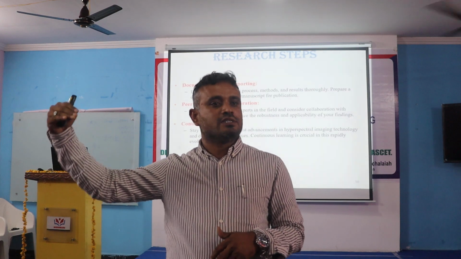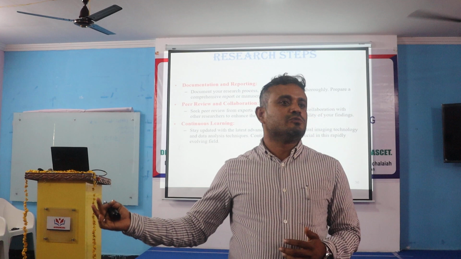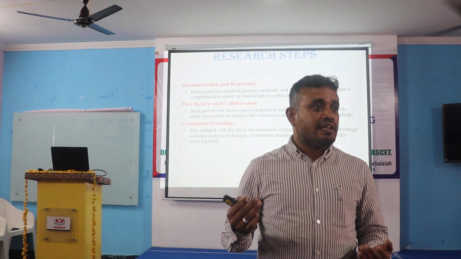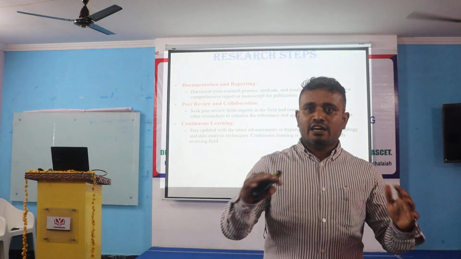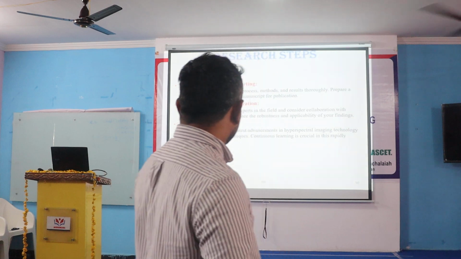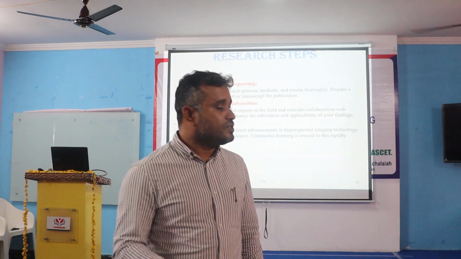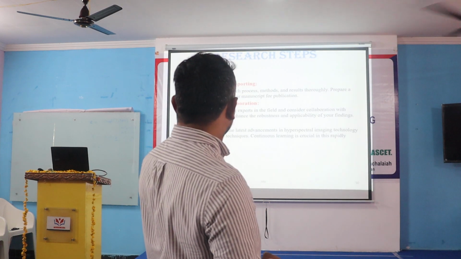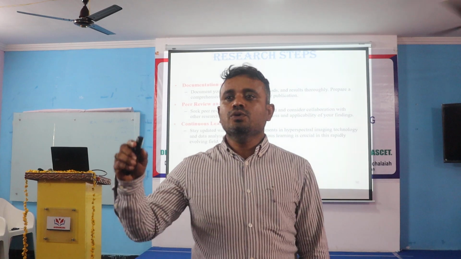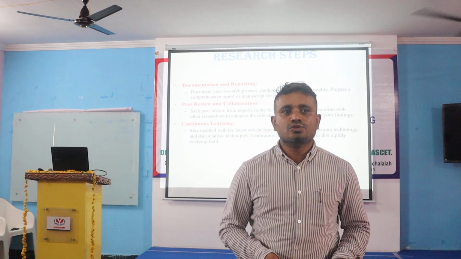So accuracy is this much, precision is this much, and simultaneously processing speed is this much. Along with that, it is somewhat convenient to the patients, and with less cost we can implement it. So these kinds of characteristics he has to justify by using some documentation or by publishing in a standard journal also. So after peer review and collaboration, continuous learning. So all these represent the different types of research steps that a researcher has to go through